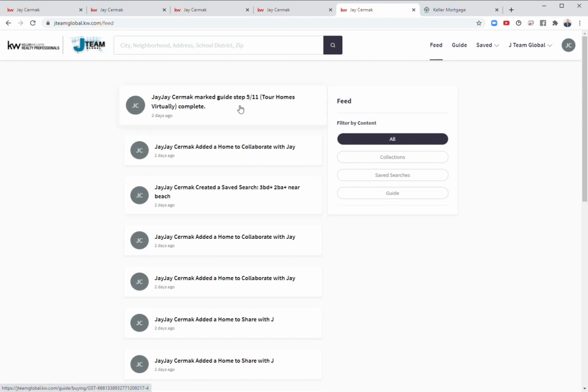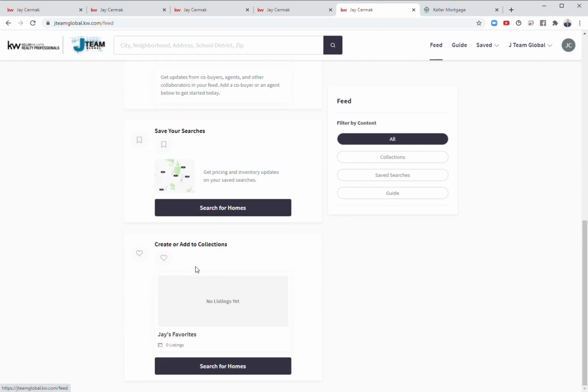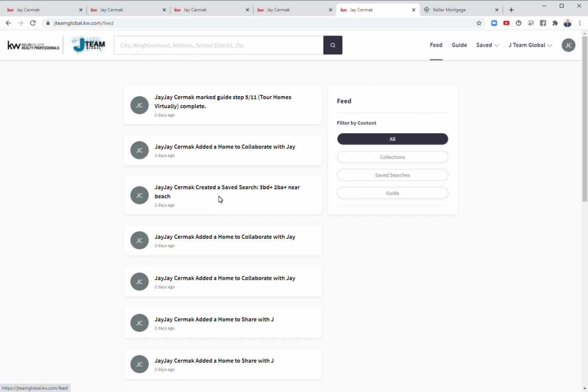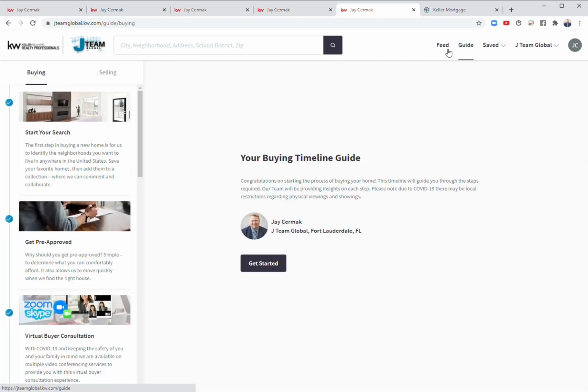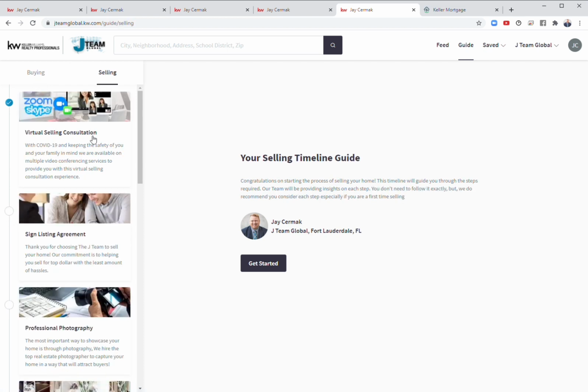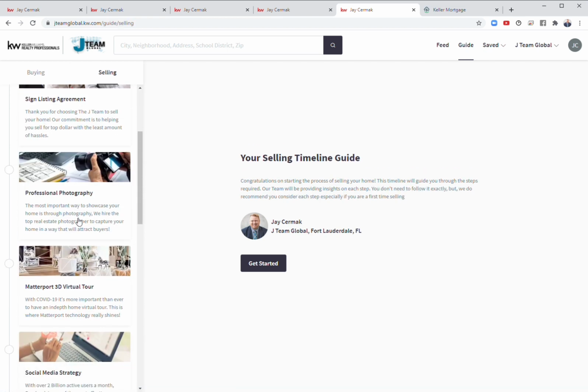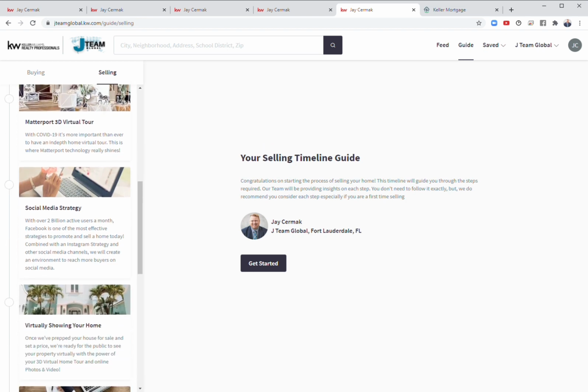By the way, we have a feed. The feed is going to show you stuff as I'm collaborating with people and it's adding a home. My saved searches and everything we're working with together is in the feed. The guide is in here, so your ability to customize a buying and selling guide instantly and customize it for your own business. So I've added things like I'm going to do Matterport virtual tours because due to COVID,